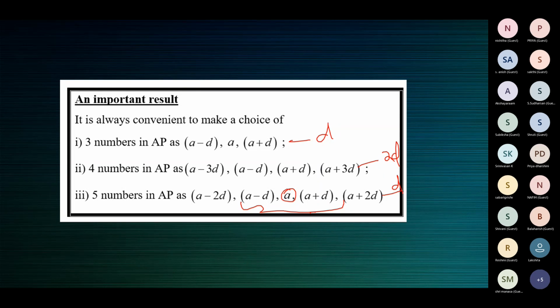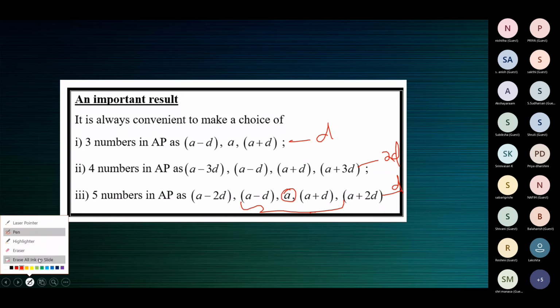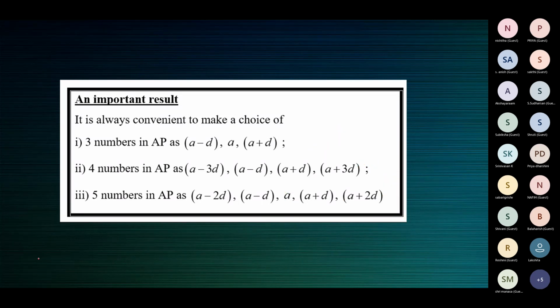All right, children. Ma'am? Yes, children. Is this a formula, something which we have to learn, ma'am? You have to remember, like I told you, when you're given some information and asked to find 3 numbers or 4 numbers or 5 numbers in AP, you'll have to go with these assumptions. Is it like the formula A minus B the whole square? Like expansions, or we have to remember like that?